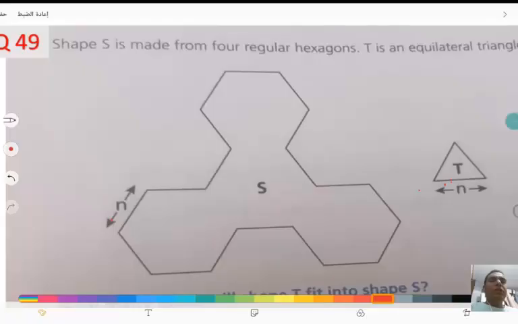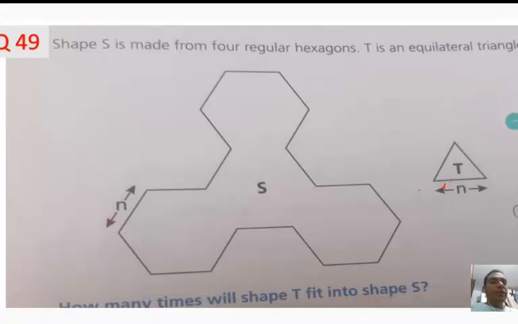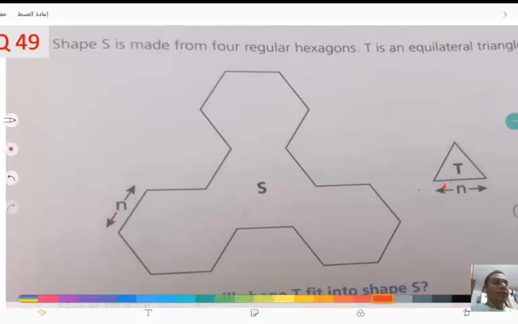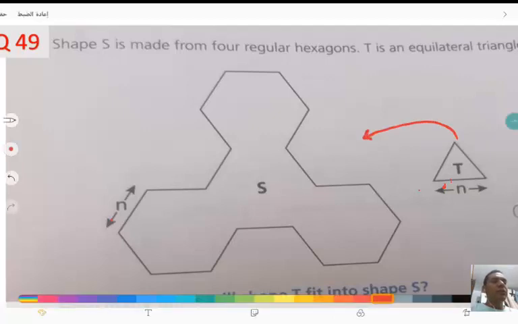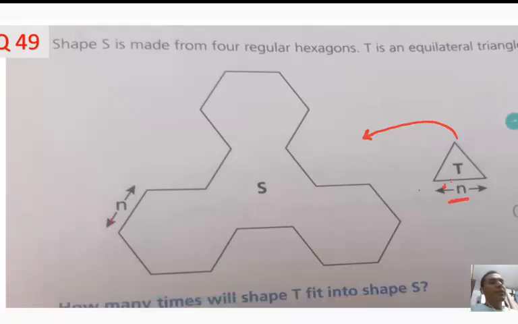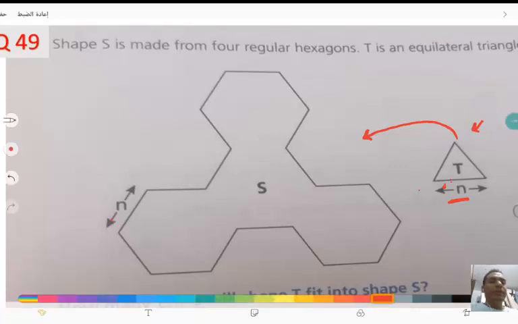That's it. A shape is made from 4 regular hexagons. T is an equilateral triangle. And then how many times will shape T fit into shape S? Alright, how many times will shape T fit into shape S? And he gives you the information that the side of the equilateral triangle T is the same as the side of the hexagons. So let's draw how many